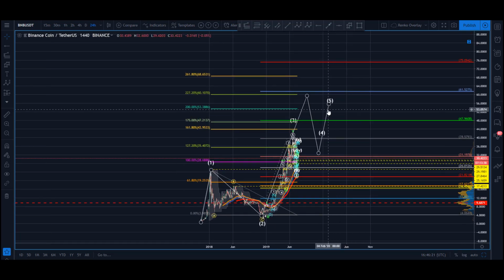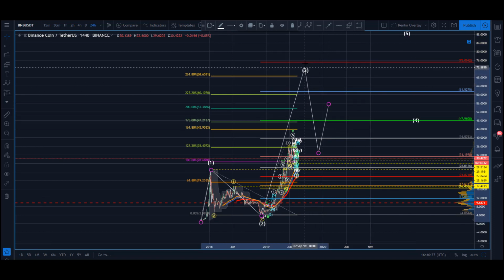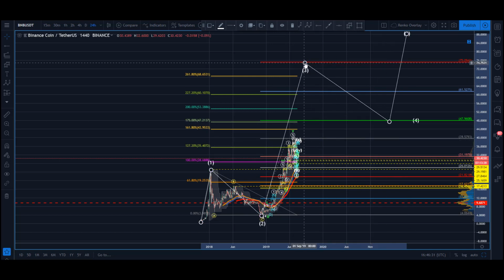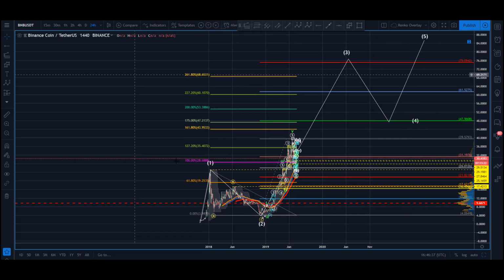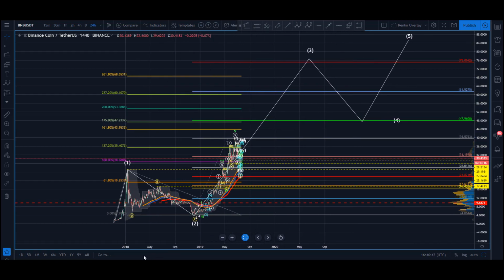If this is going to be a big 3, 4, and this is going to be happening at this kind of scale, I'd be looking for something much bigger here. Just eyeballing the symmetry we'd be looking for. If this is the 1, 2, I'm looking for a very big 3 here. All right, so as I lay this out here,